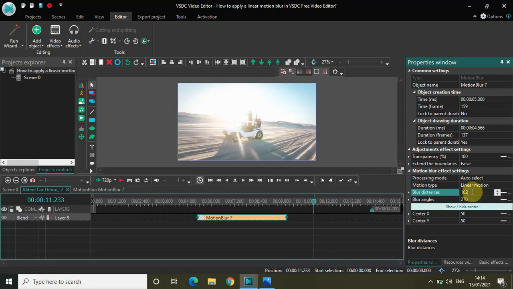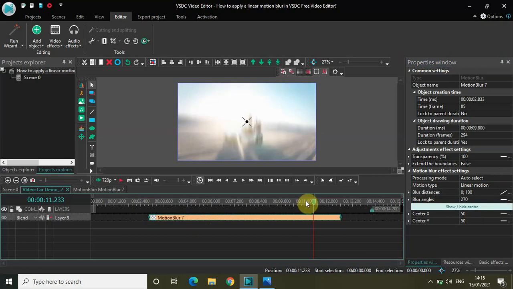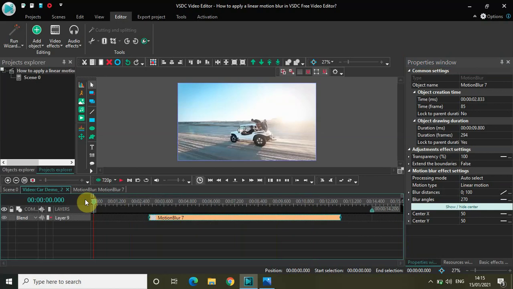Let me show you another thing. This is in constant parameter value. Let me change this to linear parameter change so that I have two values, 100, 100. And let me put the values 0, 100 instead of 100, 100. What will happen now is that there will be a gradual change in my linear motion blur, because the change will happen from 0 blur distance to 100 blur distance.